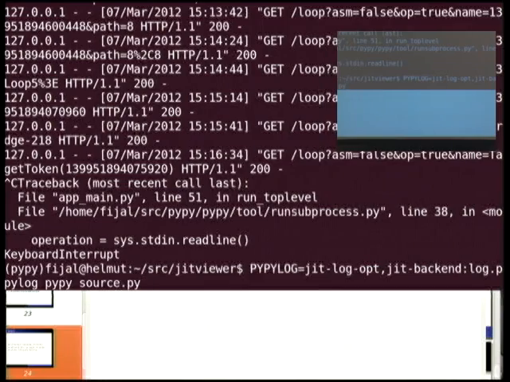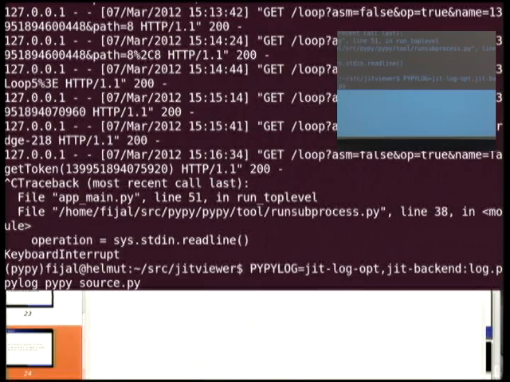Essentially, you run PyPy, point it at your source program, and then you add this extra environment variable, PYPYLOG equals jit-log-opt, comma, jit-backend, colon, log.pypylog.